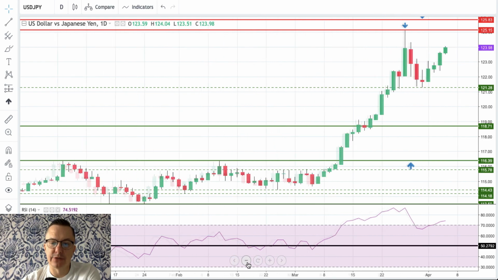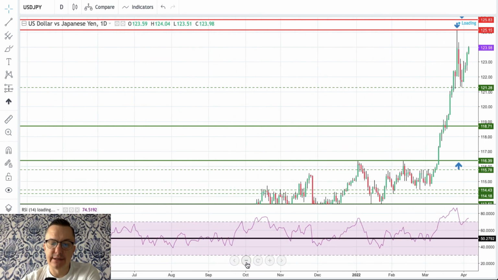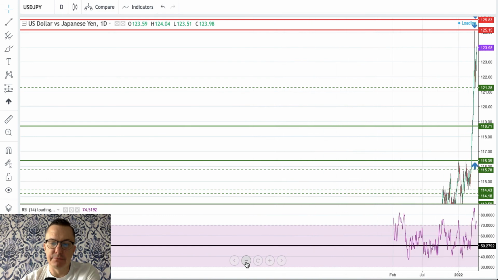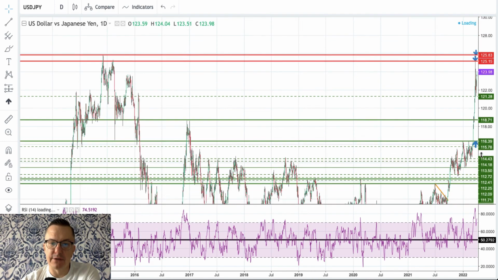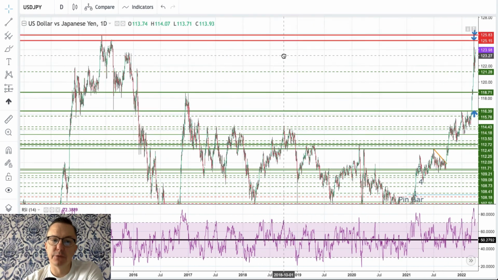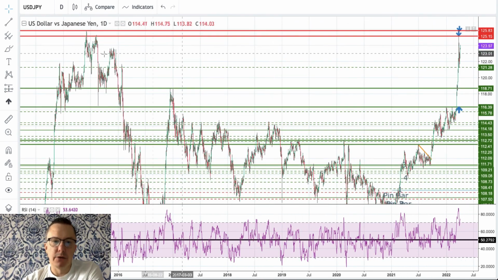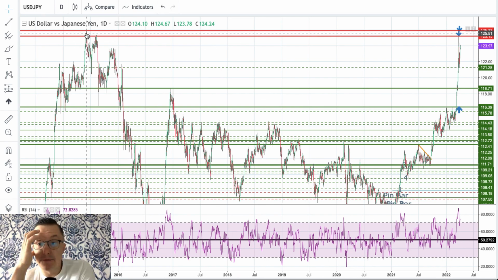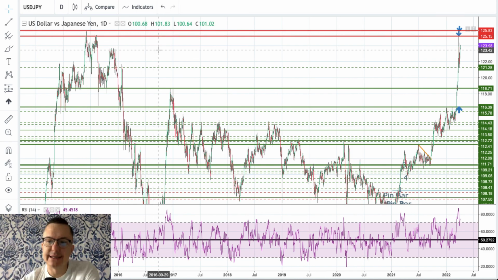So US dollar to Japanese yen, the outlook is still the same. The outlook is bullish, with a very strong bullish market and bullish momentum, of course. I'm looking at the highs of 2015. So this high is my point of reference for now, and if we hit the level of 125, it will be enough to say that we have the weakest yen in 7 years.